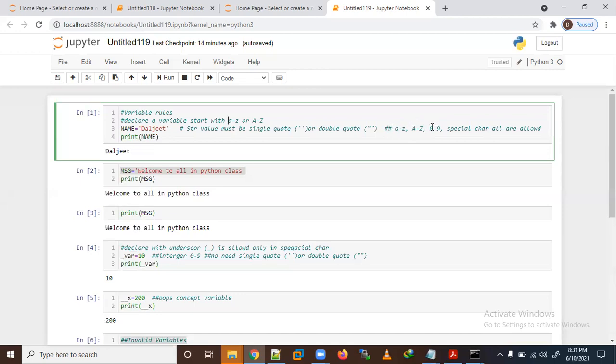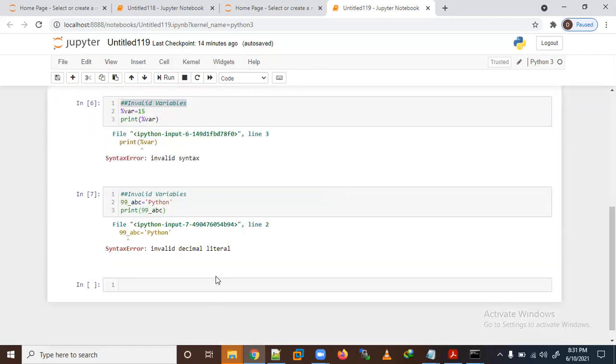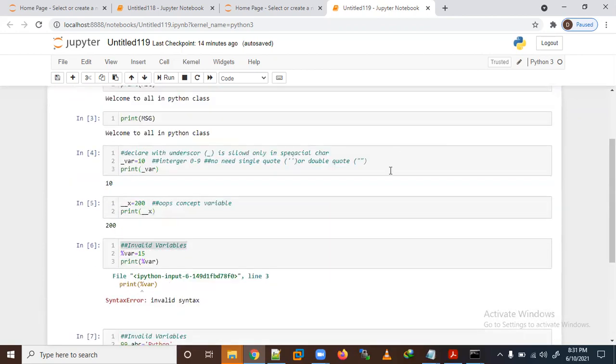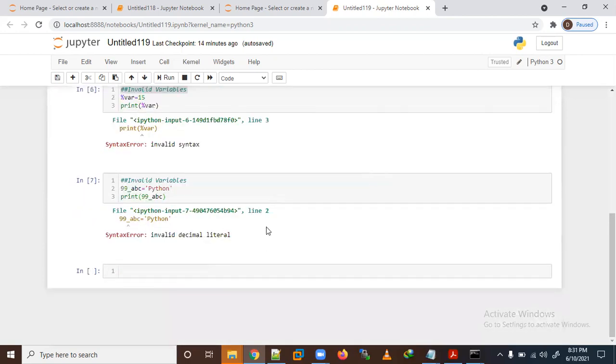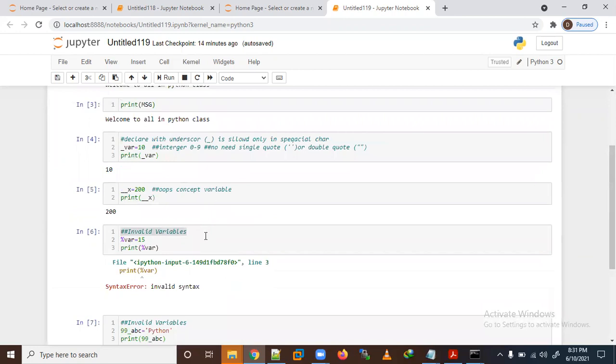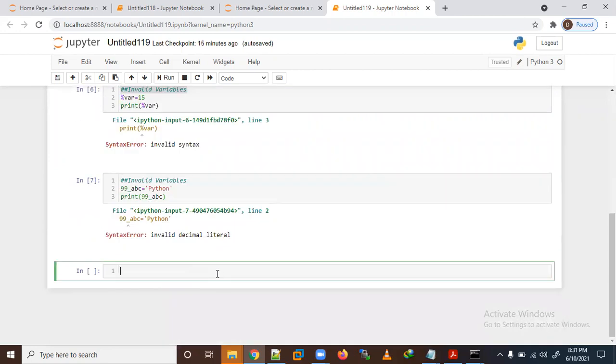The digits 0 to 9 are allowed if they come later in the name. For example, let me make one more valid variable, underscore ABC, and I'm putting Python here.